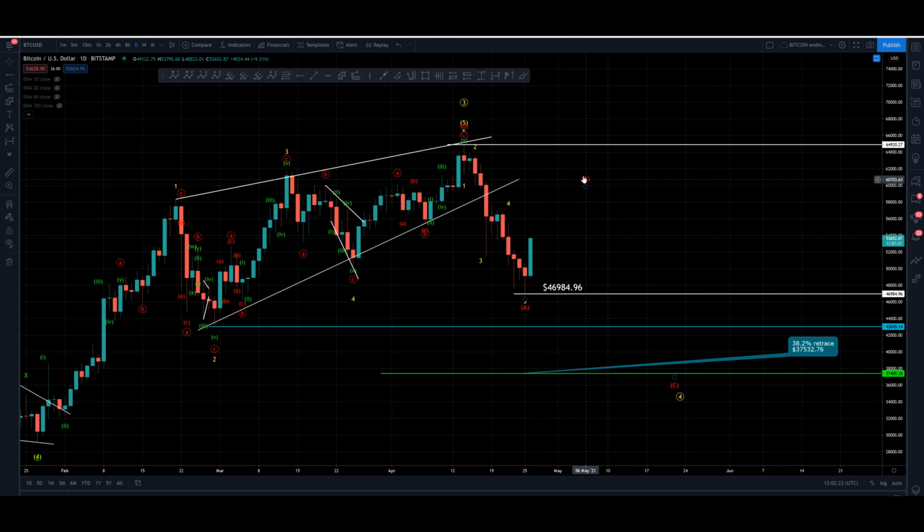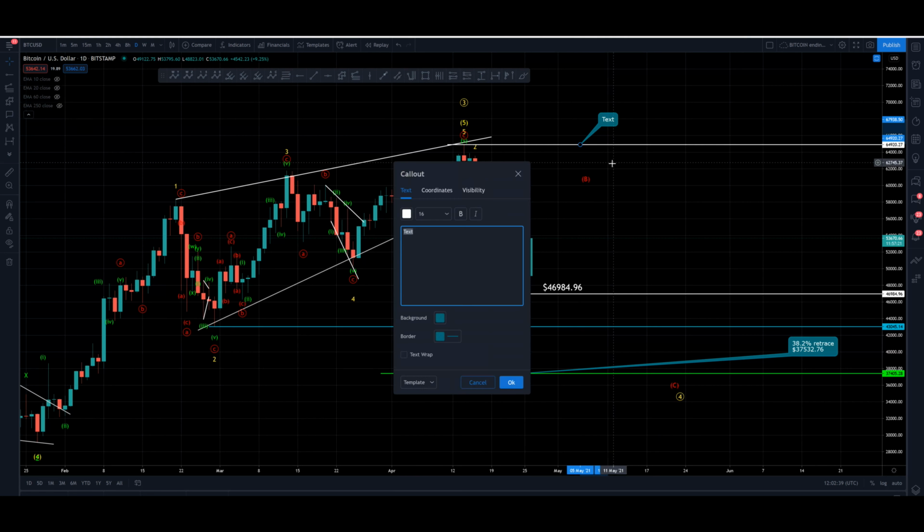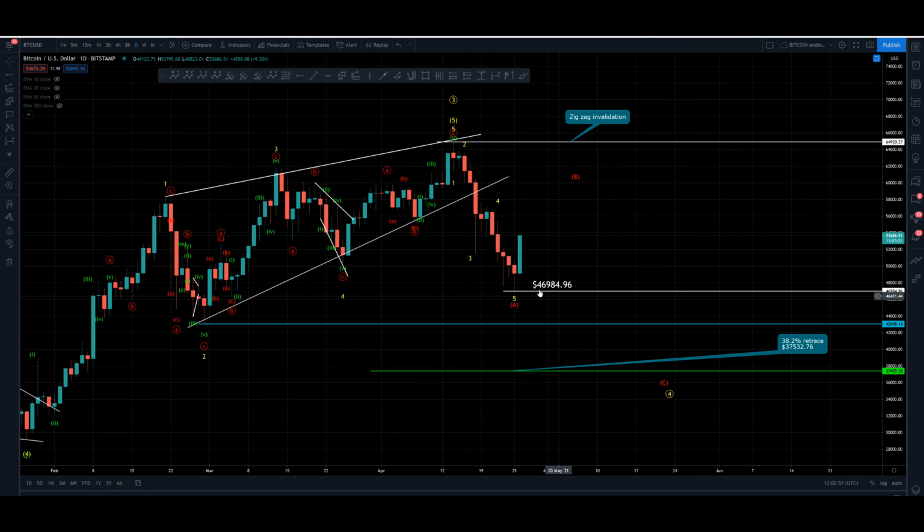So in that case, the B cannot come back beyond where the A began, which is up here at 64920 spot 27. So let's just put a little call out up here. Zigzag invalidation. I won't say B wave, because it could be a B of a flat. Okay, there we go. So if this is a zigzag, we will come back through this level at 46984 spot 96,